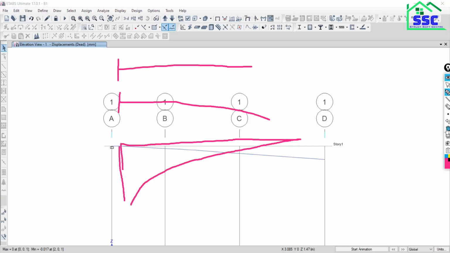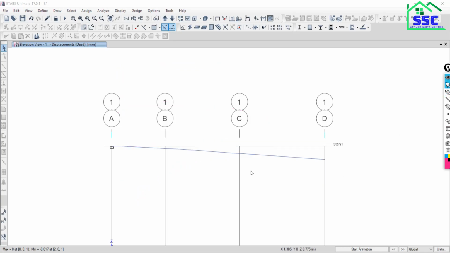We should have basic knowledge of the structure, how the shear force diagram and bending moment diagram will look, as we have studied in our bachelor's. This is the deformed shape of the structure. If you go with the start animation option, it gives you the animated deformed shape of the structural element.